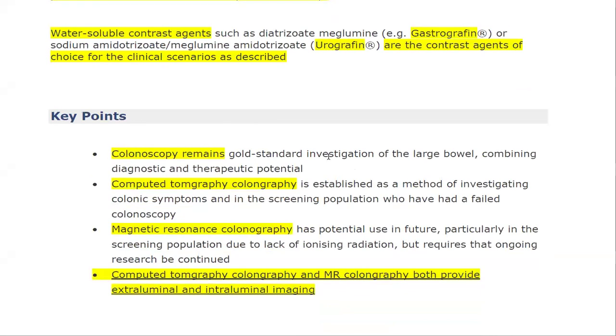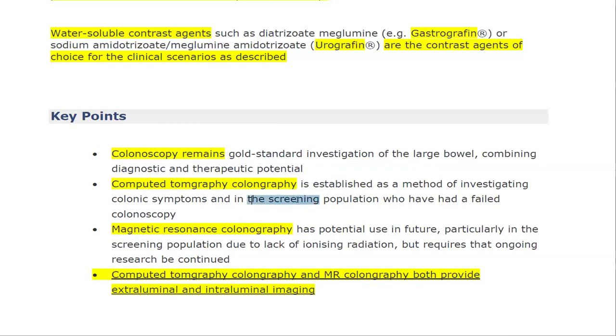Colonoscopy remains the gold standard investigation for the large bowel because it combines diagnostic and therapeutic potential. It can allow you to take a tissue biopsy. It can make an excision of a polyp or something like this. CT colonography,